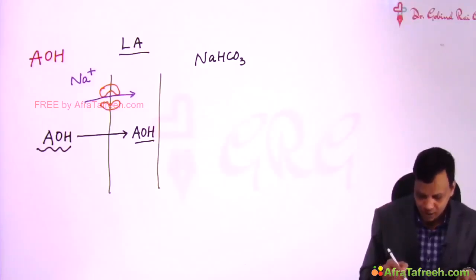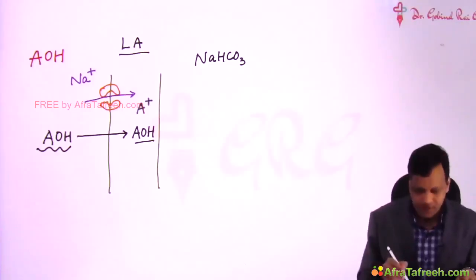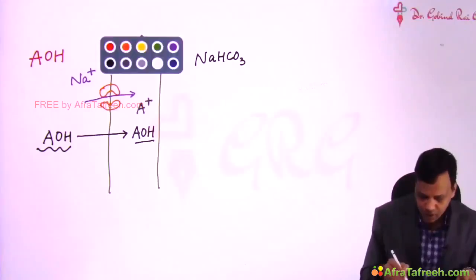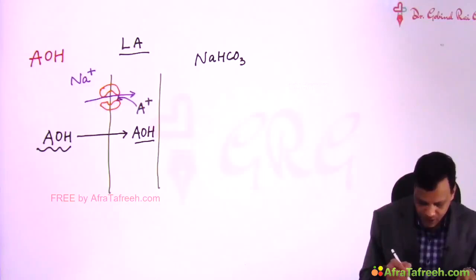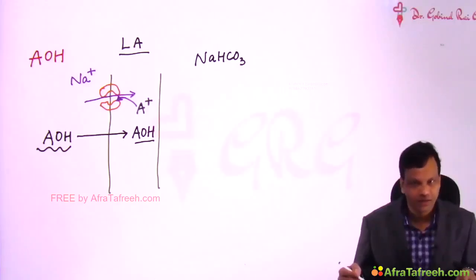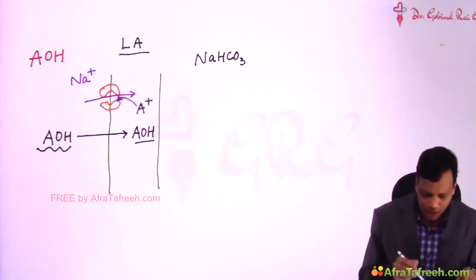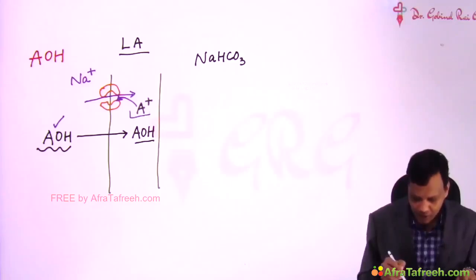It is this ionized form which will block the sodium channel from the inner face. So it will bind to the sodium channel and block it. So sodium will not be able to enter, and that will lead to anesthesia. Clear? Special thing to remember, local anesthetics cross the membrane in unionized form and they block the sodium channel